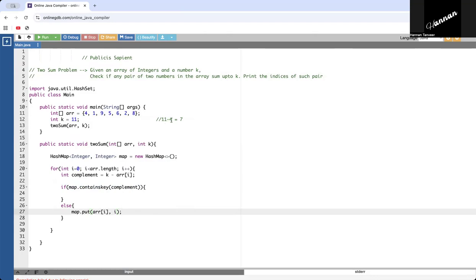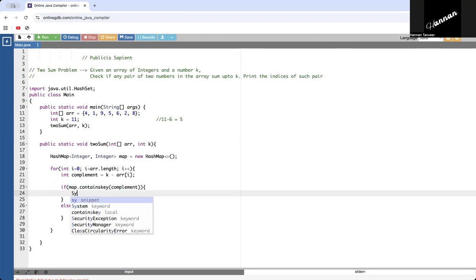But in case I find such a pair, suppose in case of 11 minus 6, that gives me 5. If you notice over here, 11 minus 6 is 5. So the complement is already residing in the original array. So that is similar to this: the complement is contained by the map that I have created. So that means it's a success. By success, I mean that I've found the required pair that I'm looking for. Okay. So what I'm supposed to do in this case, I'm just supposed to print